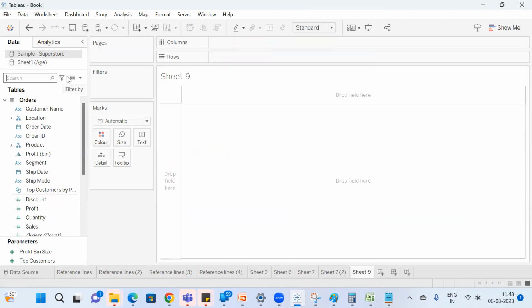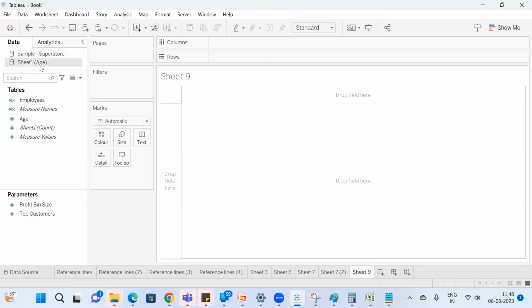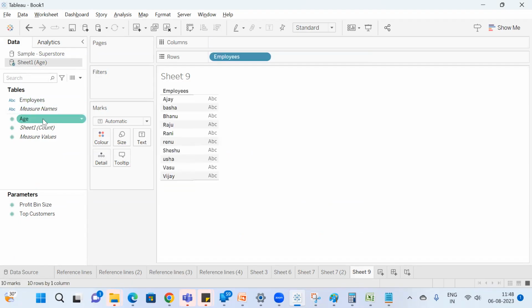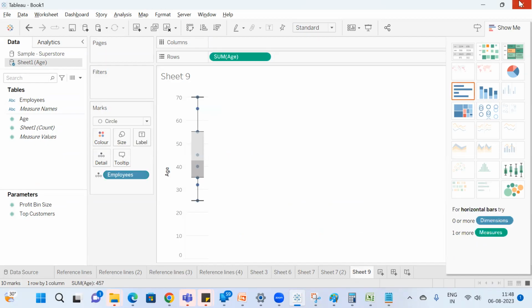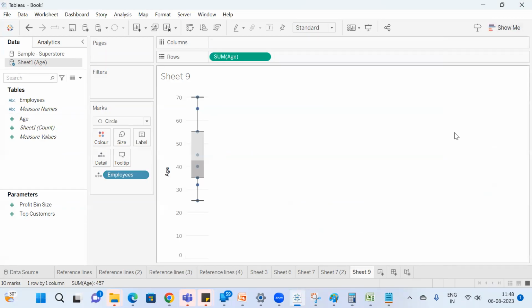So let's take the same example. I'll take employees and I'll take age and I'll click on box and whisker plot. So box and whisker plot will identify the outliers. So when I say outliers,